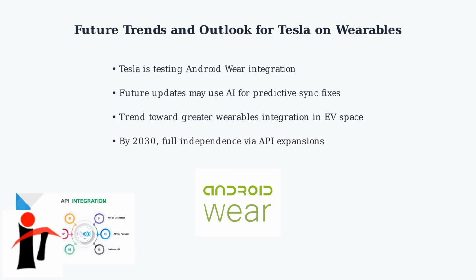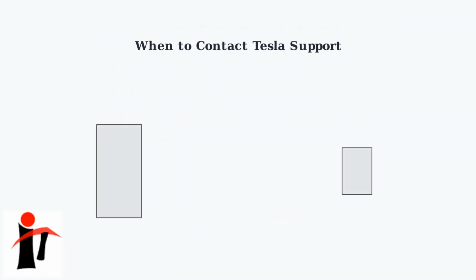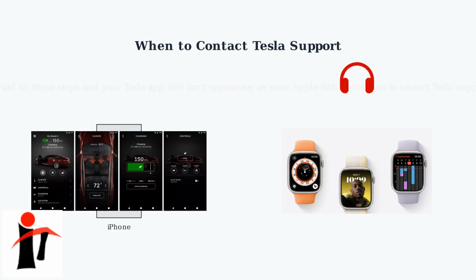By 2030, experts predict full independence of watch apps from iPhones through Tesla's API expansions, allowing direct vehicle communication without relying on smartphone connectivity. If you've tried all these steps and your Tesla app still isn't appearing on your Apple